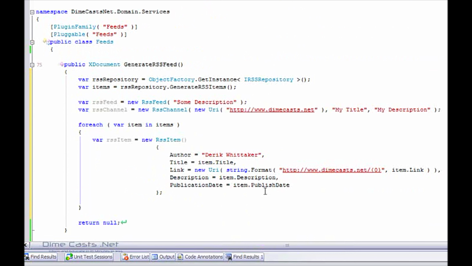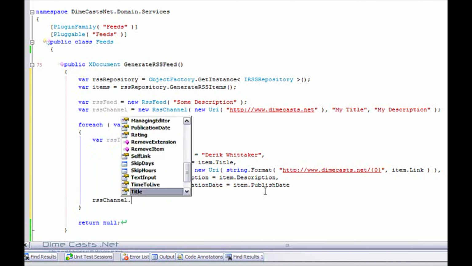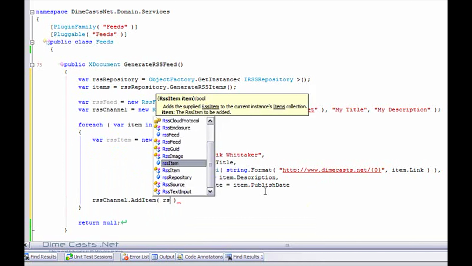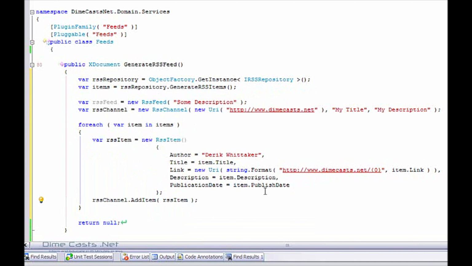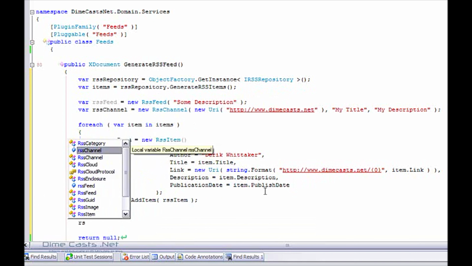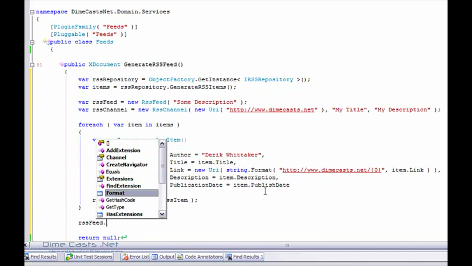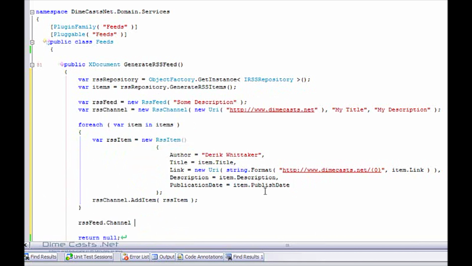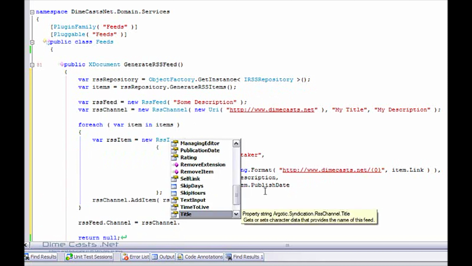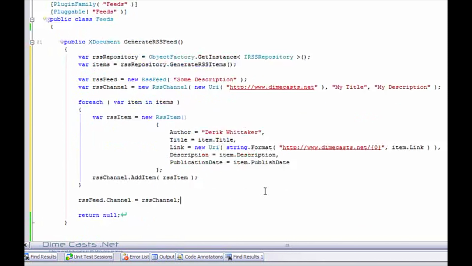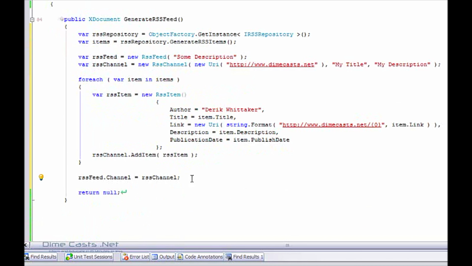And once we've actually created our RSS item, we need to add it to our channel via doing our add item. And there you go. Now I will iterate through and actually create every item and pop it into my channel. And then last but not least, I need to tell my RSS feed what the channel is. And now at this point I do have a fully complete object model that's completely valid and will generate a